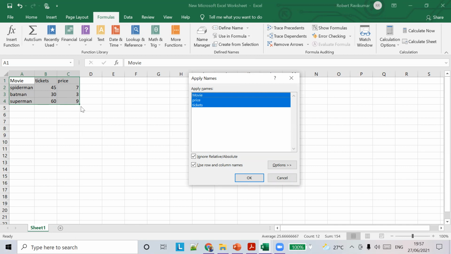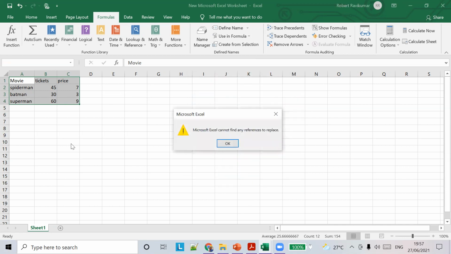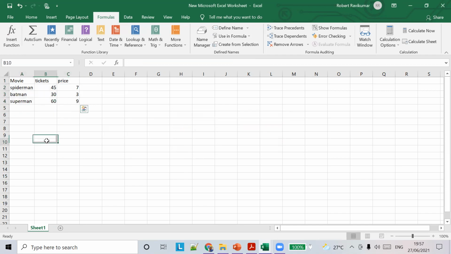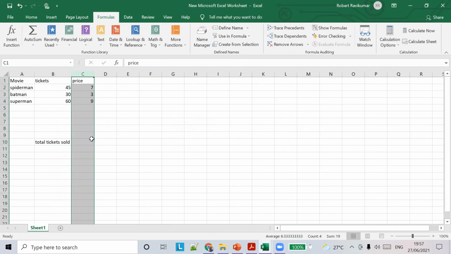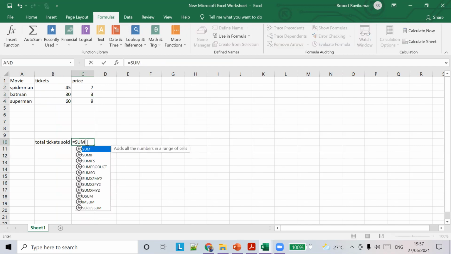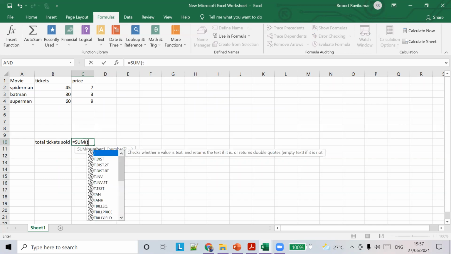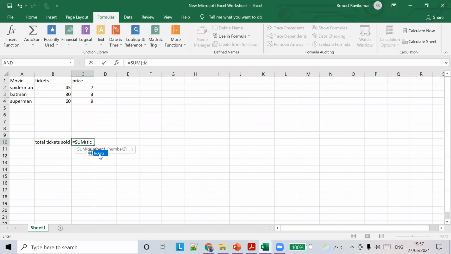If you want to use those references, you can use them here. If you want to find the total tickets sold, equal to sum of, what is the name range? Can you tell me? The name range name is tickets. Select this. That's it.